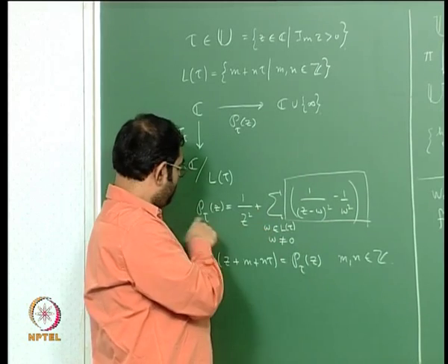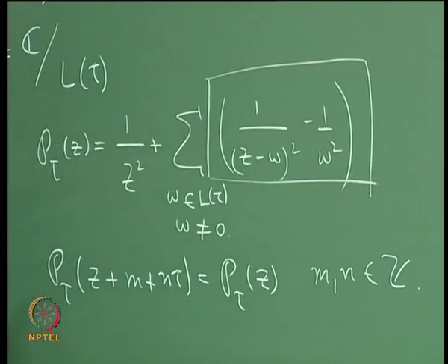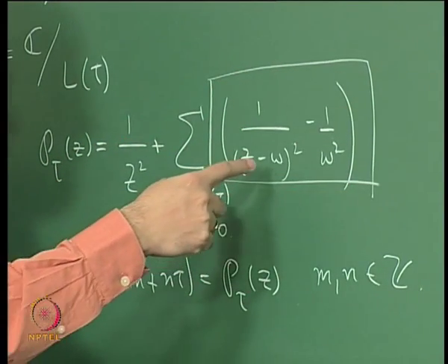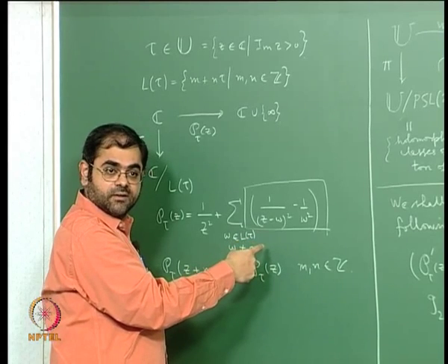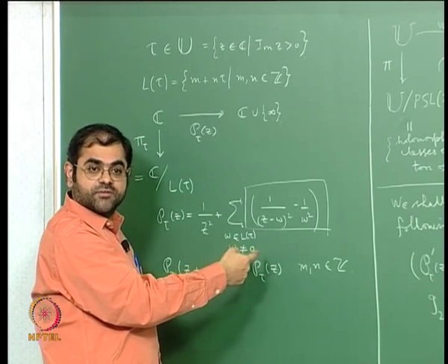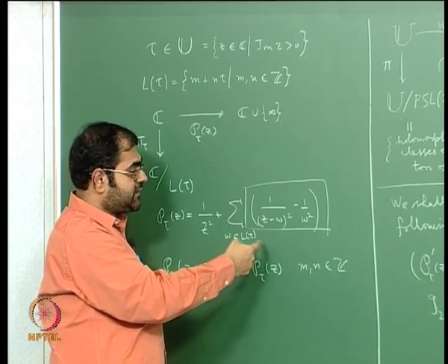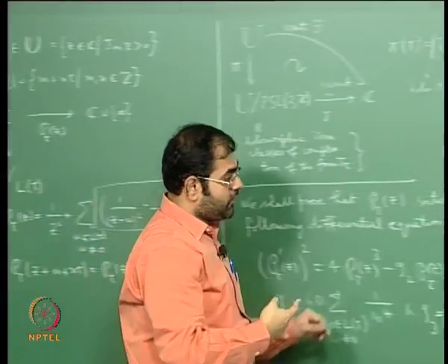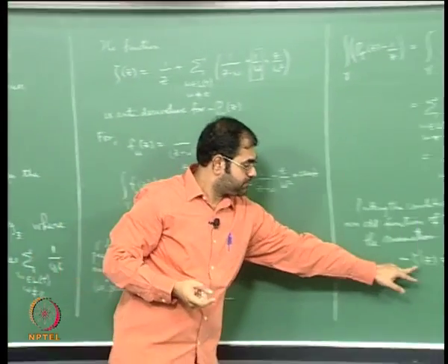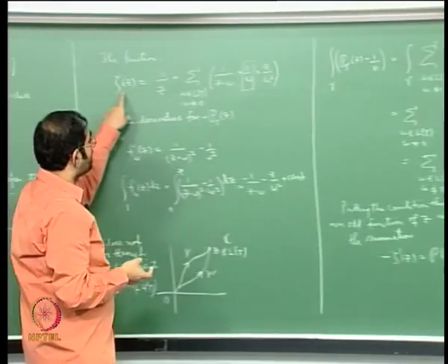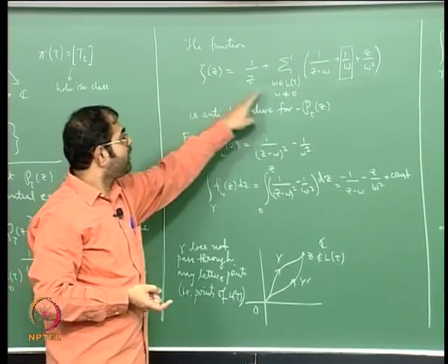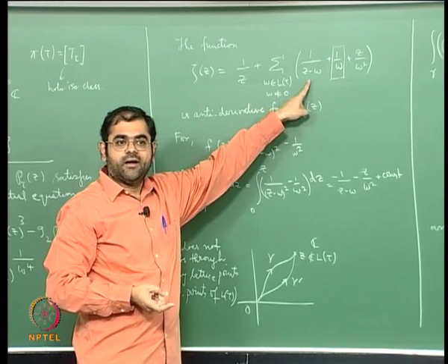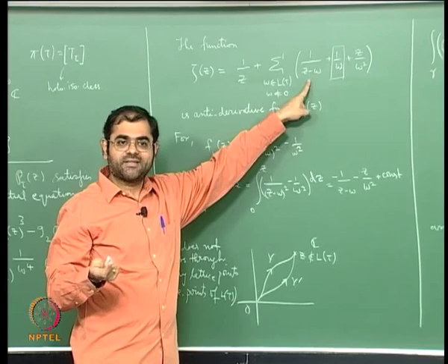So this is going to be an analytic function, and the Weierstrass phi function is an even function, therefore if you expand this as a power series at the origin, you should get only even powers of z and you will get some coefficients, and the point is how do you write out those coefficients. From this expression directly it is not easy to write it down, but it is easy to write it down from this expression and from the Laurent expansion of this at the origin, which is quite easy to compute, because the Laurent expansion of 1 by z minus omega can be written out using the geometric series.